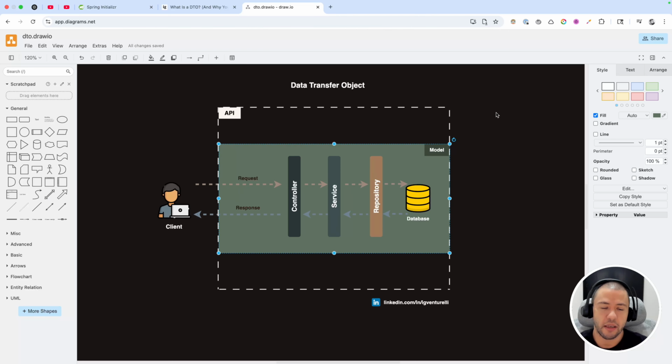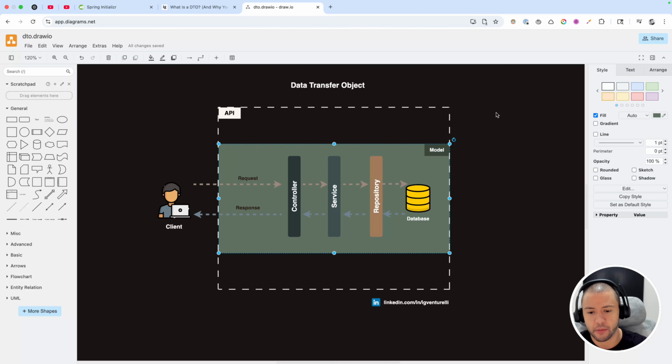The third one is about API contract, to not lock your API contract with your database entity. And the fourth one is about lazy loading, for example. We might have some other ones, which I don't remember right now. So let's get into the code and see how we can make use of DTOs in our Spring Boot